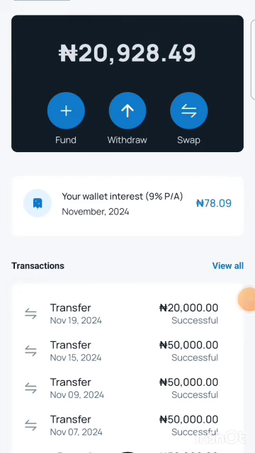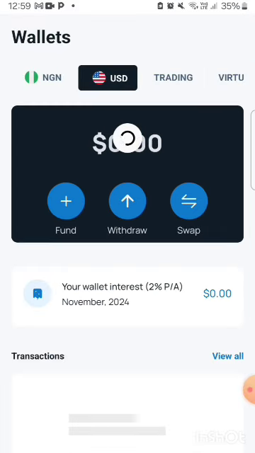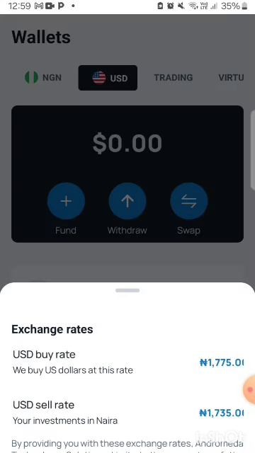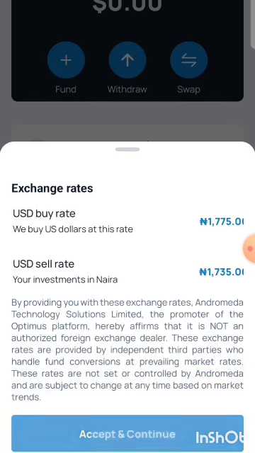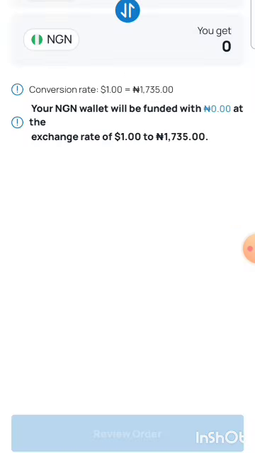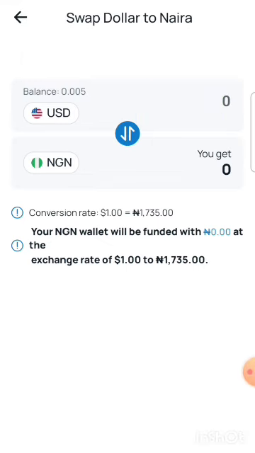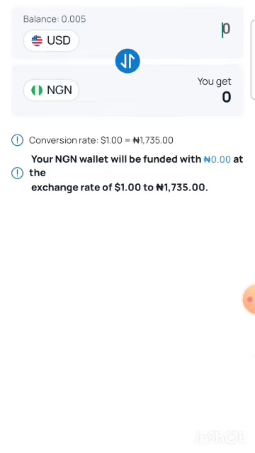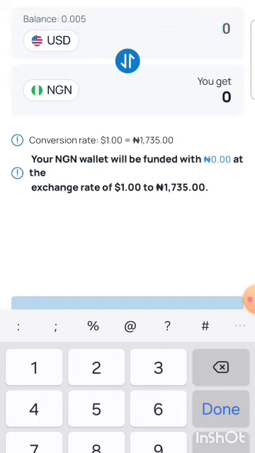So what am I to do? I'll click on my USD, and in my USD, I'll click on swap. This is the amount, and it's showing me the rate, 1,775. I'll just agree. Then you can also sell at 1,735. I will just accept, and I would like to start my investment. You can start with any amount. So let's just say I would like to start up with $10. Okay, so with $10 I'll be having